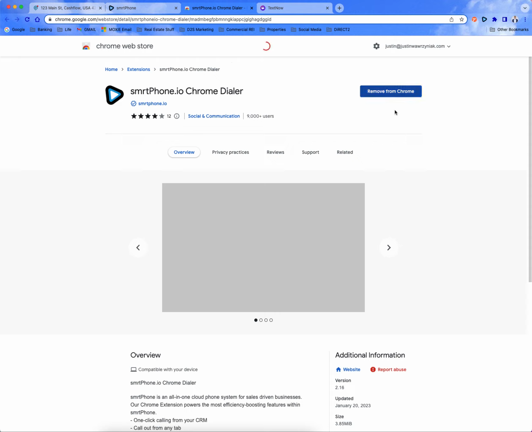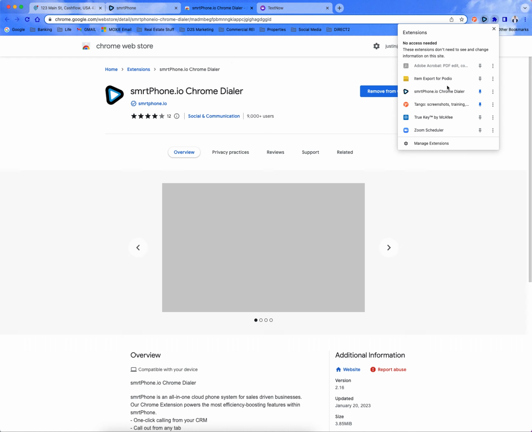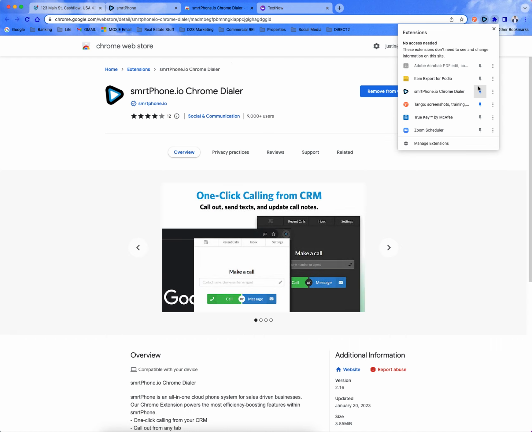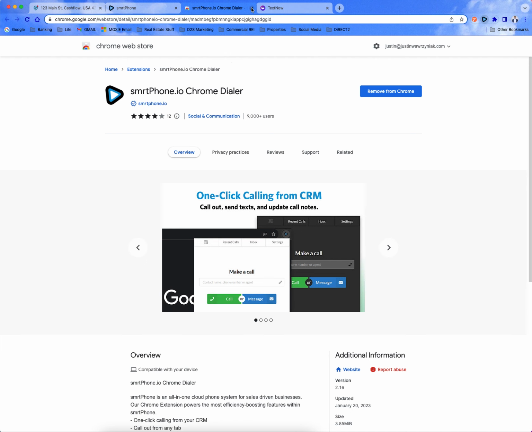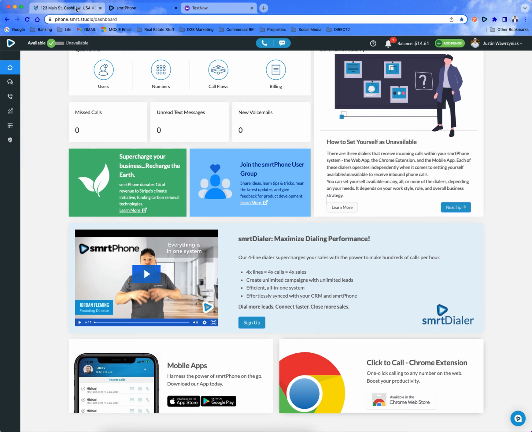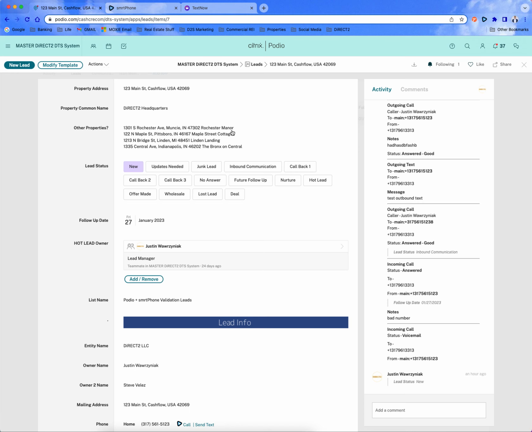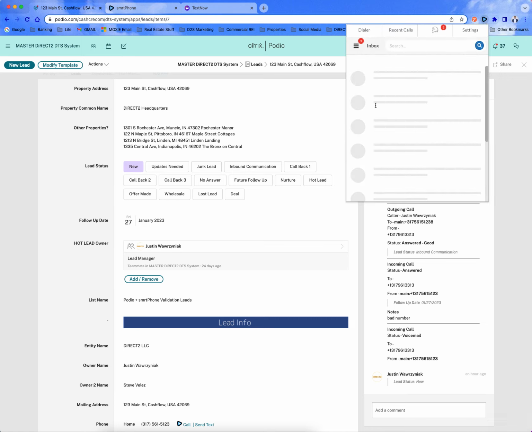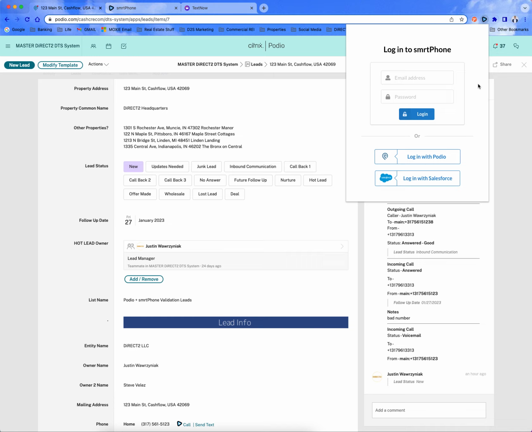You can see I've already installed it, so I just have the option to remove from Chrome, but you should have the option to install it, which you will want to click and go ahead and install. And then I also recommend that you pin it here to the Chrome extensions. So I'm gonna close out of this, and let me show you kind of how this all works within the lead itself. So first things first, click on that Chrome extension once you have it downloaded,